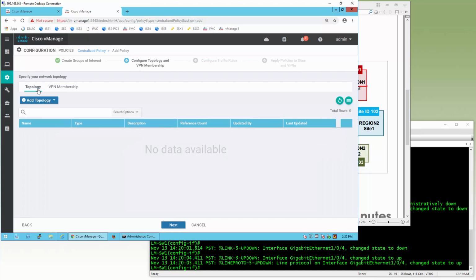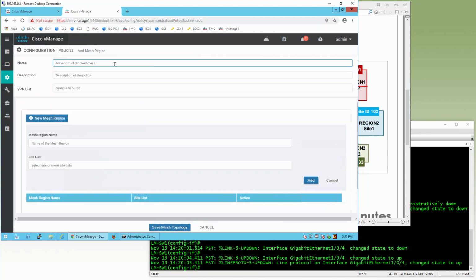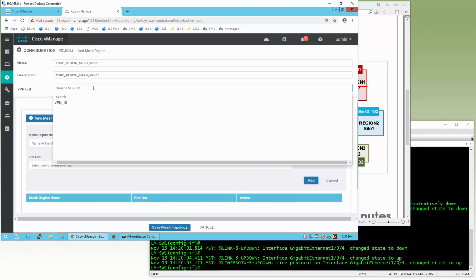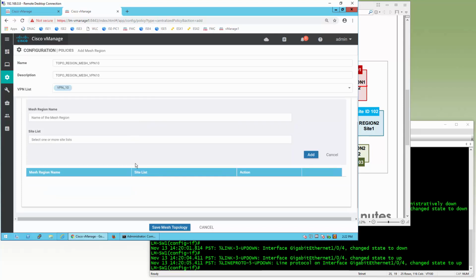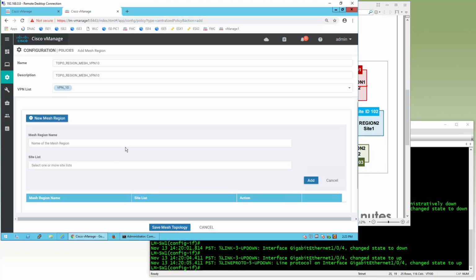Then we get to the topology. But instead of hub and spoke, we are going to select mesh. And we'll call it topo region mesh VPN 10. Apply to VPN 10, just like before. And here you can pretty much create as many mesh regions as you want. We only have 2. So the first one will be called region number 1,